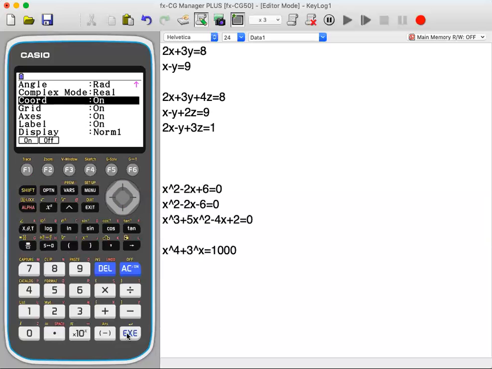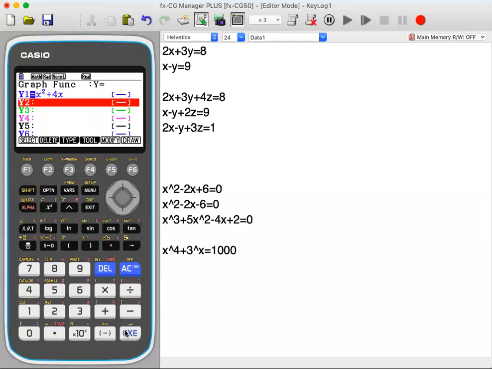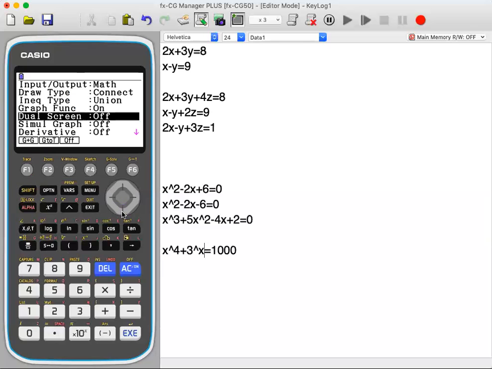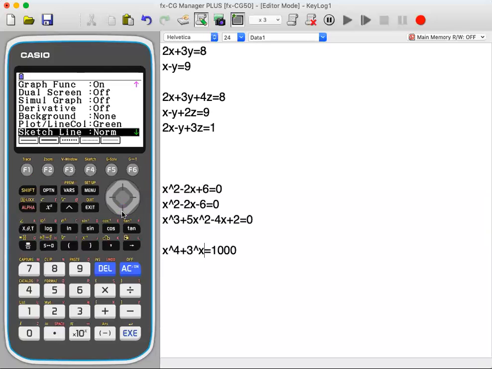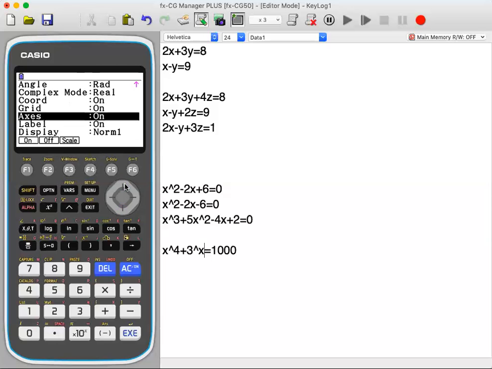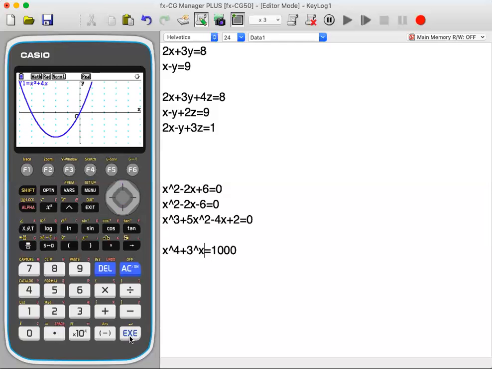Then once again you can see the graph clearly with the proper coordinates and the grid. Now if you want to see the grid, I think there are a couple more things that you have to keep on. So here coordinate on, grid on, axis on, label on. What else is remaining? Okay, I'll keep coordinate off. Yeah, so basically the graph can be clearly seen out here.